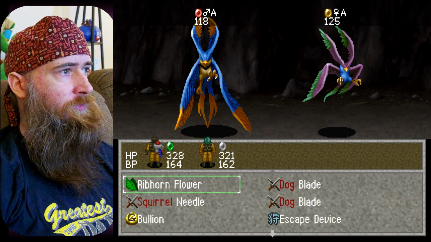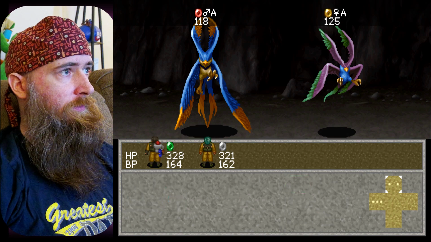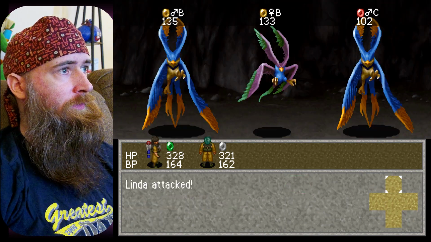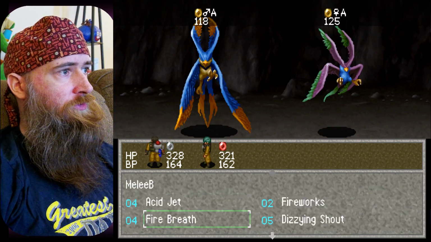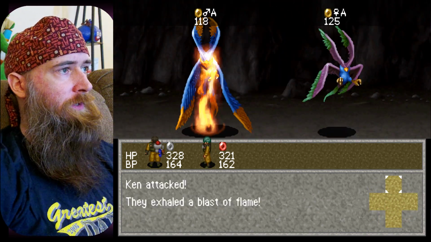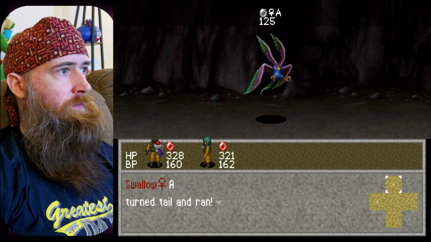Let's get the squirrel needle re-equipped. And, you know, just poke some of the stronger ones. Do that, Linda. Oh, that was too strong. But we can just do Breath of Fire on... I think this should be fine. I don't think we did that much damage with Breath of Fire. If we just do the Cobra...